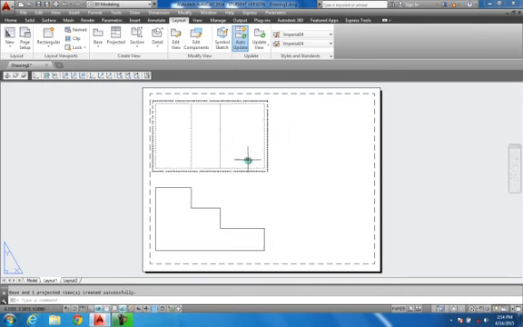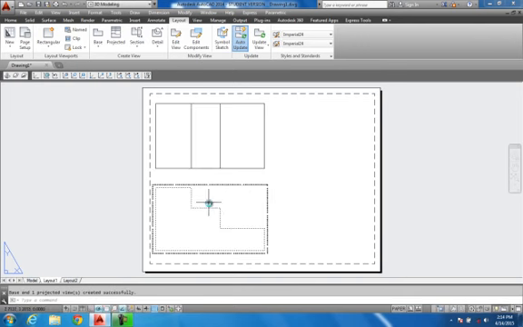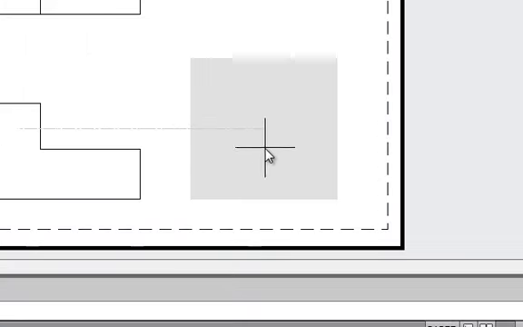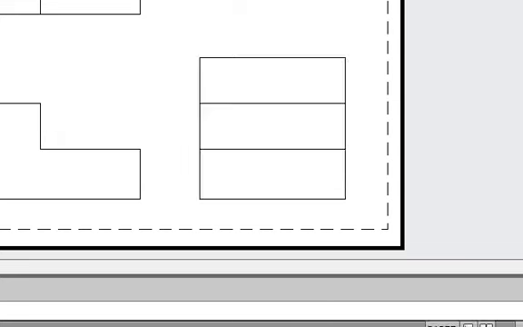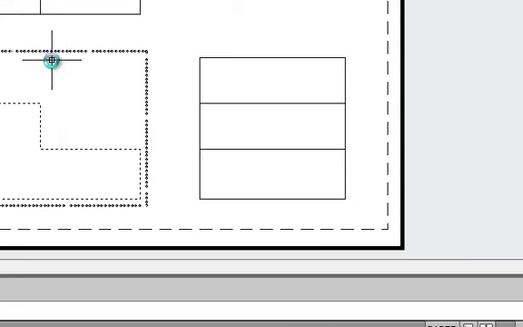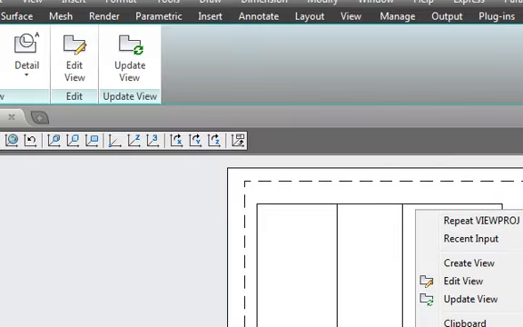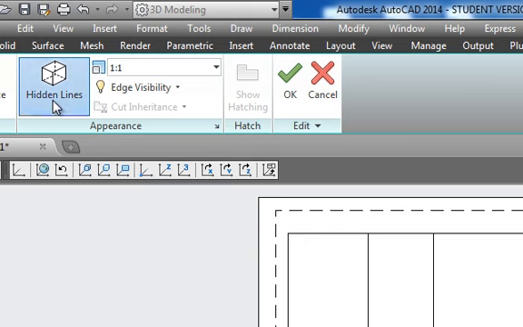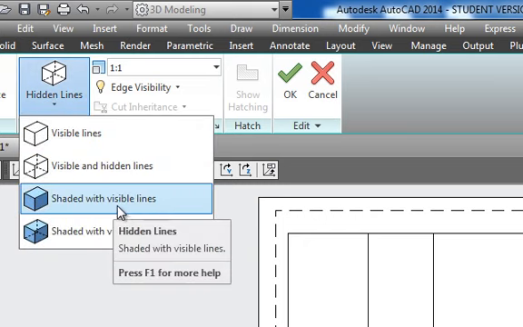Enter. Check that out. See how it automatically projected up from my front view, my top view. And now I can come over here to get my right side view if I want it, and just go to projected. I can grab that and bring it over here, right click, enter, and it's in there. And if you'll click on this one and right click and go to, or actually come up here and edit the view, you can do them in,